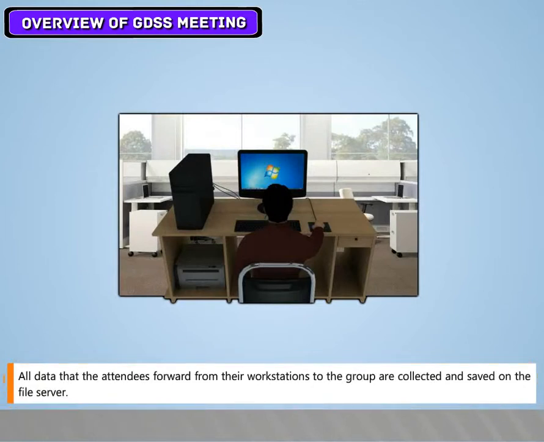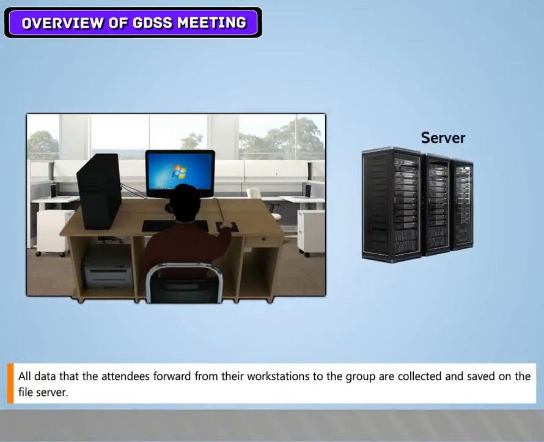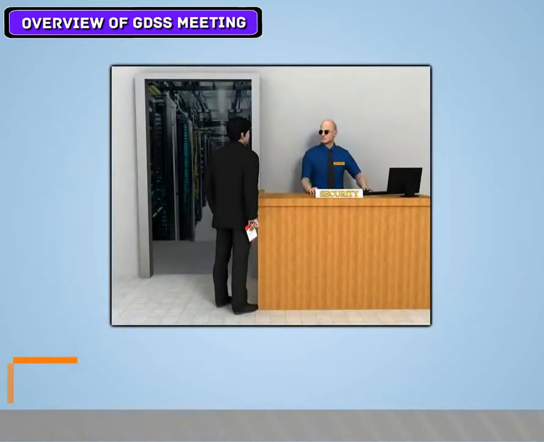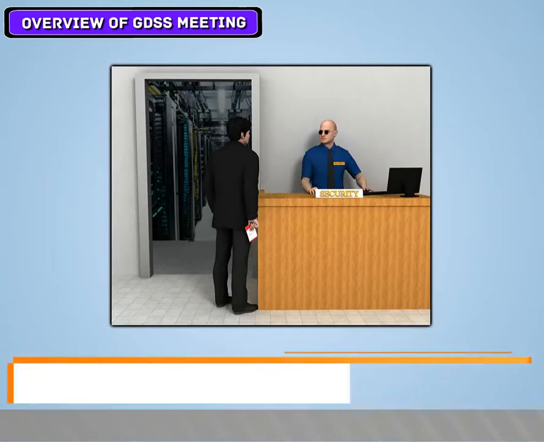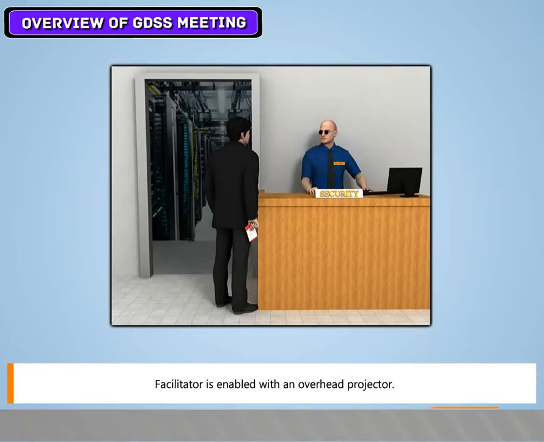All data that the attendees forward from their workstations to the group are collected and saved on the file server. The facilitator can project computer images onto the projection screen at the front center of the room. Facilitator is enabled with an overhead projector.